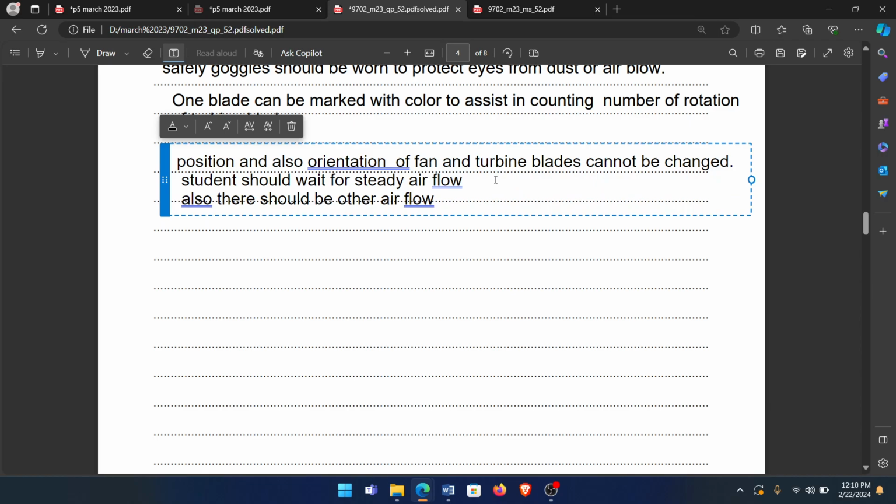You can add it as a separate point. Other airflow should be avoided. I mean, as per example,